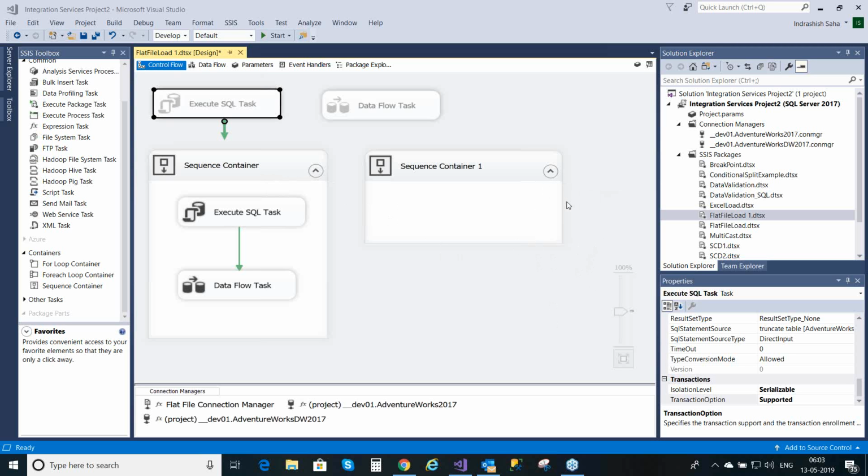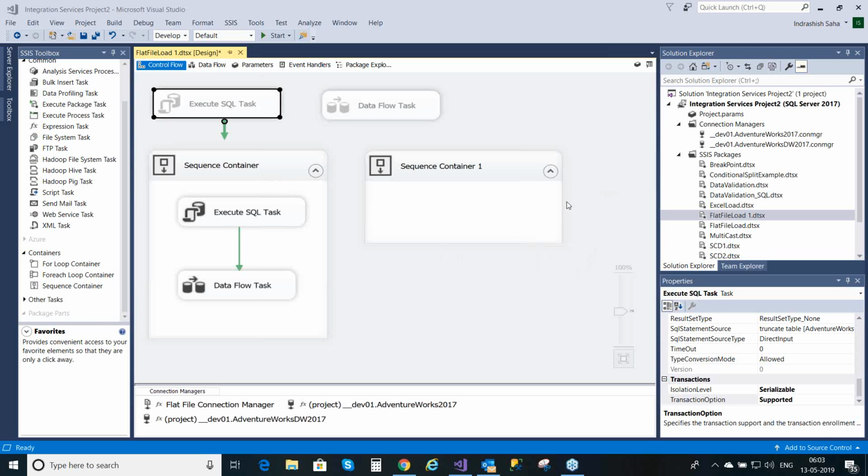Then you can log the package name, and the start date and end date, when the package starts and when the package ends, and for each container, how many records were there in the source, how many records got inserted in the destination. So these things we log to keep track of